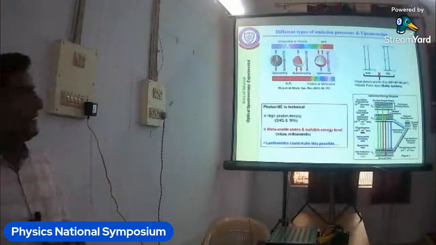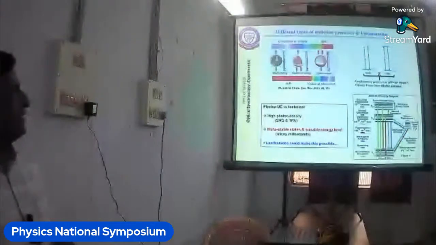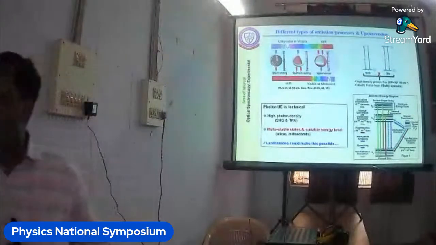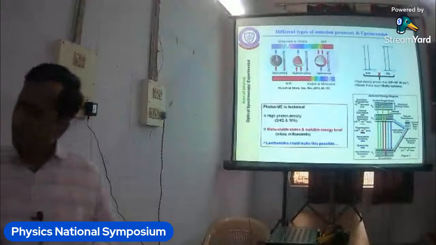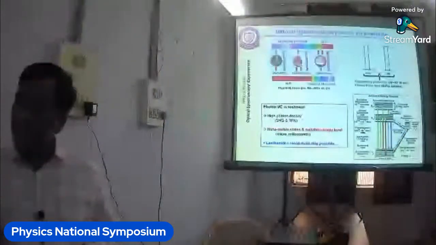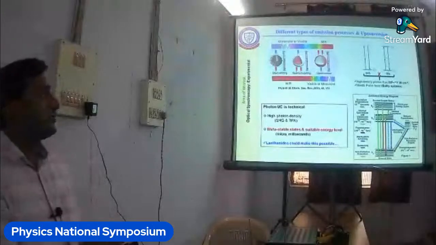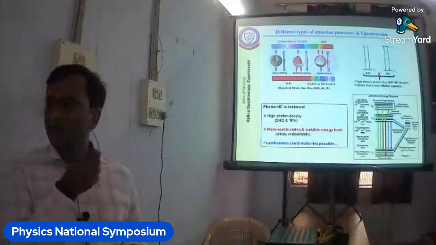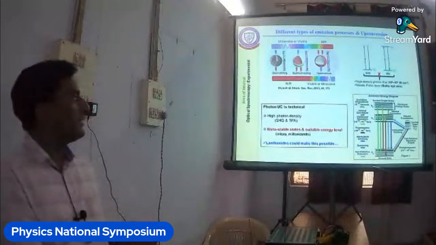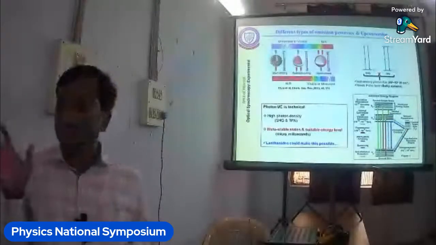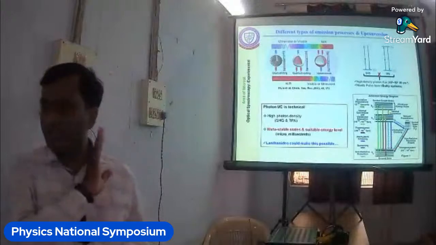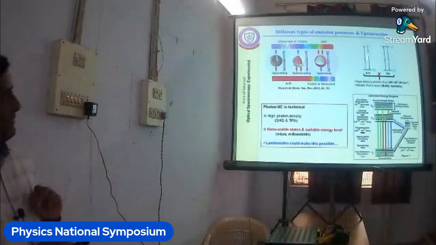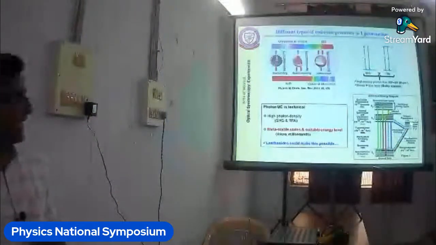But in these two cases, you see there is the involvement of virtual states, and virtual states have a lifetime of the order of femtoseconds. So this kind of technique can be done by laser, but the laser should be a high density laser, 10 to the power 6 to 10 to the power 9 watt per centimeter square, and you can do it by continuous wave laser. So somewhere 10 to the power 6 watt is a very high laser you need to do this kind of spectroscopy technique. One more technique is there for this kind of non-linear spectroscopy, that is called triplet annihilation,